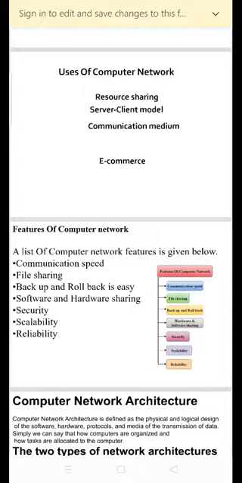Okay, so next one is the server client model. The server client model is a computer network. A server is the central computer used to store the information and is maintained by the administrator.